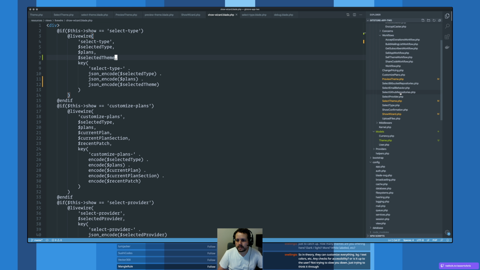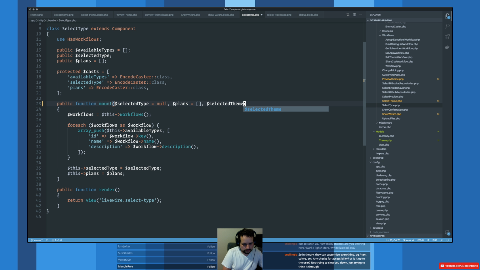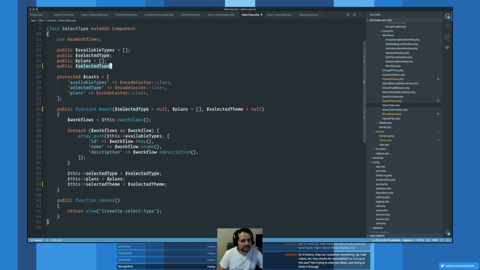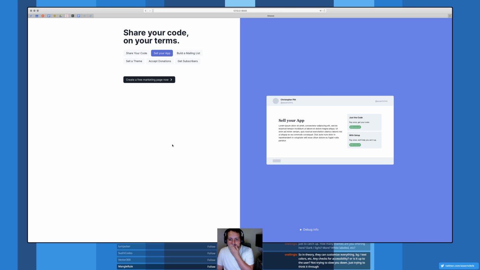But then inside select type, we need to accept it. Plans, selected theme, like that. Oof, prop drilling, hey? We need like a context API for Livewire, maybe. All of that is to say